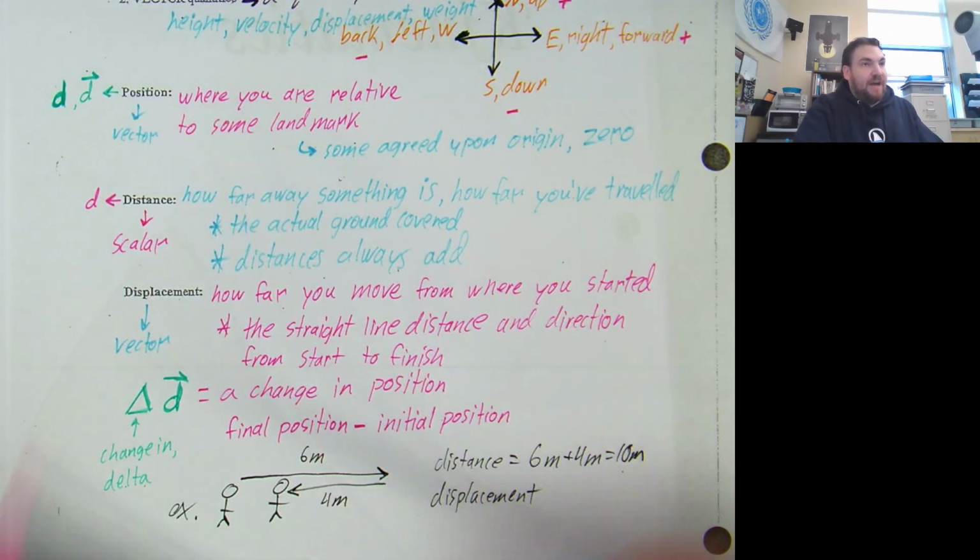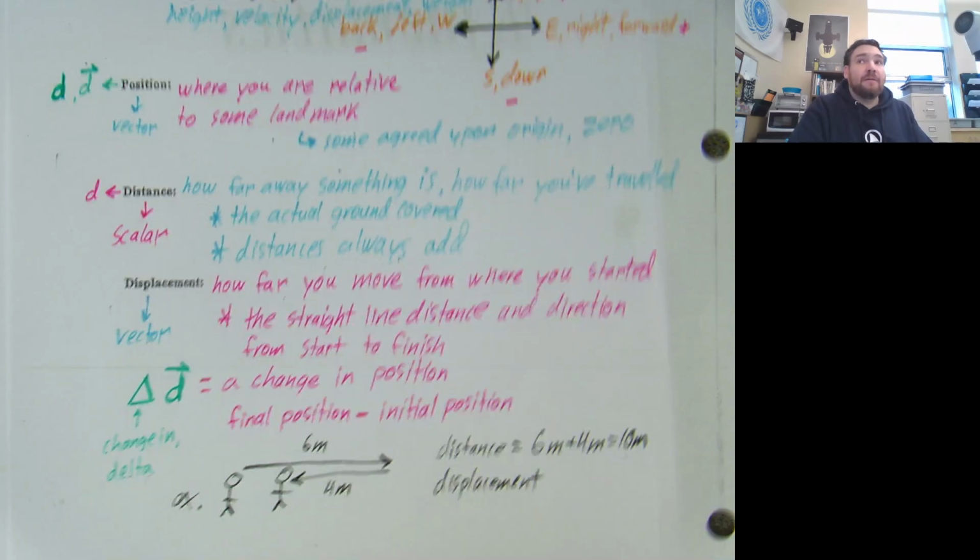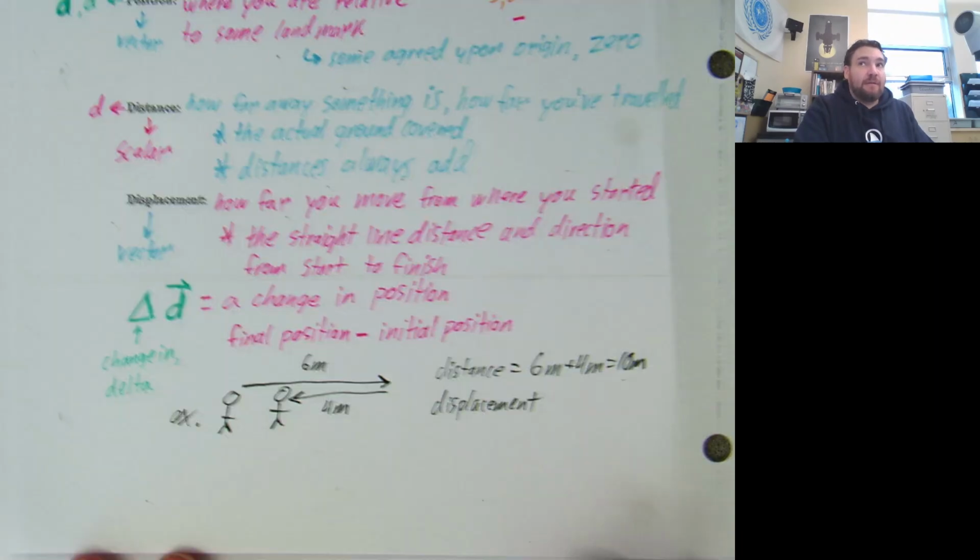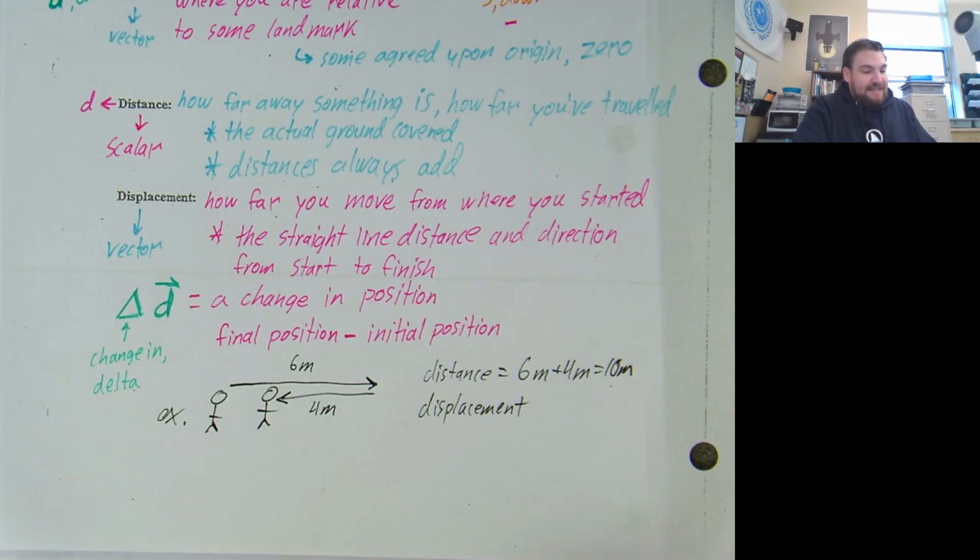So position, where we start in kinematics, is all about where you are. And then we start to move you. We talked about position, distance, and displacement. I was in the middle of an example, and then the bell went. Distance we had defined yesterday as how far away something is, or how far you've traveled, like the actual ground you covered to get there. In this example, Lachlan said that our little stick person had traveled 10 meters because they went 6 out and came back 4, and distances only ever add.